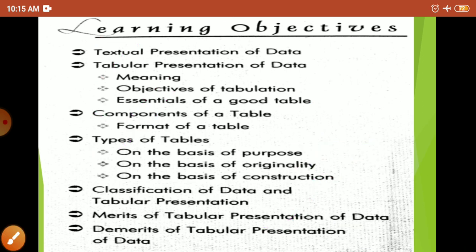Now in the present video we are going to discuss numerical questions regarding tabular presentation. Here we are going to learn, if data are given, how we are going to tabulate it, how we are going to represent it in a table. So this video is about it. Now this is the first question: in class 11 there are 140 students, out of which 80 are boys. Out of total 80 boys, 40 belong to science stream, 25 belong to art stream. Then there are 10 girls belonging to science stream, 45 belonging to commerce stream.